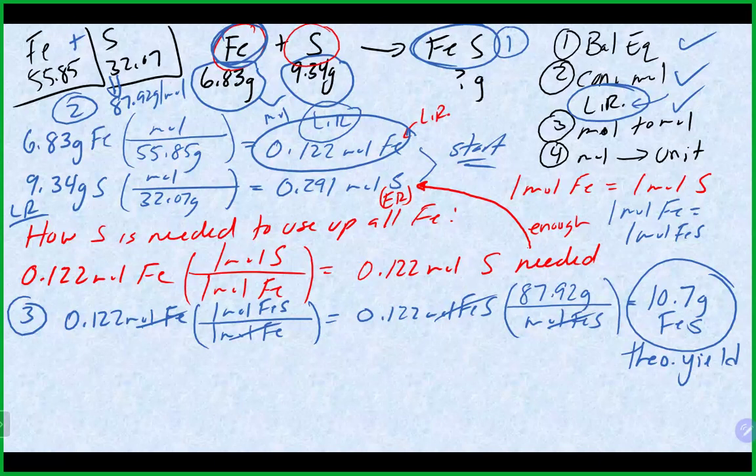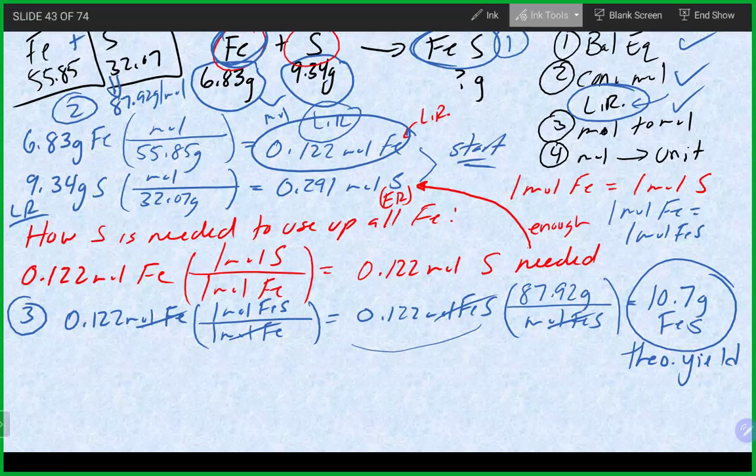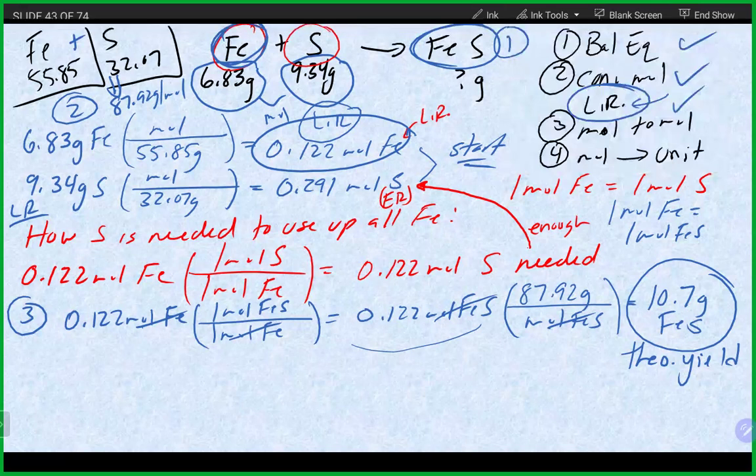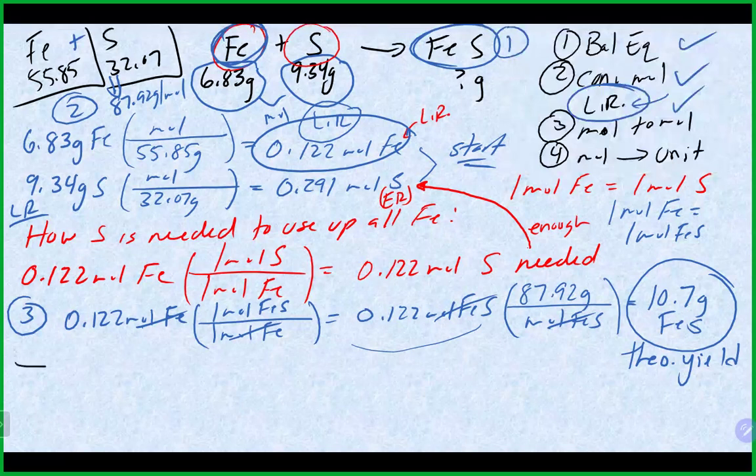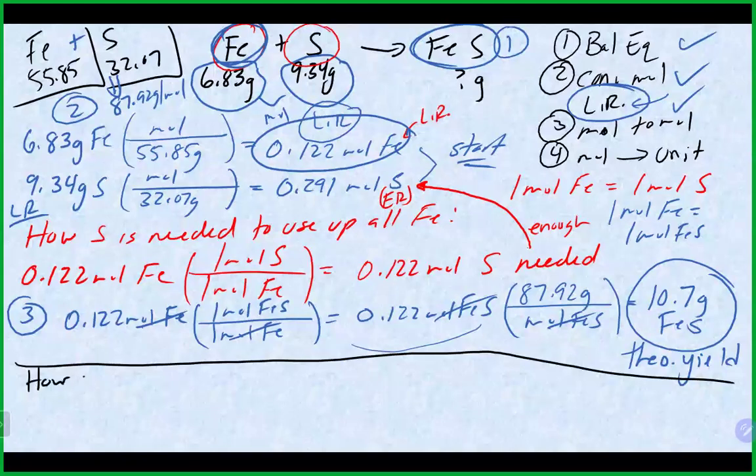Any questions on any of those steps? Much like basic stoichiometry problems, you could combine these two steps if you wanted to and not get an answer in between, and just go straight through with the calculation. Now, again, the benefit here is, although it didn't ask for it in this particular problem, if we did want to know how much of our excess reagent